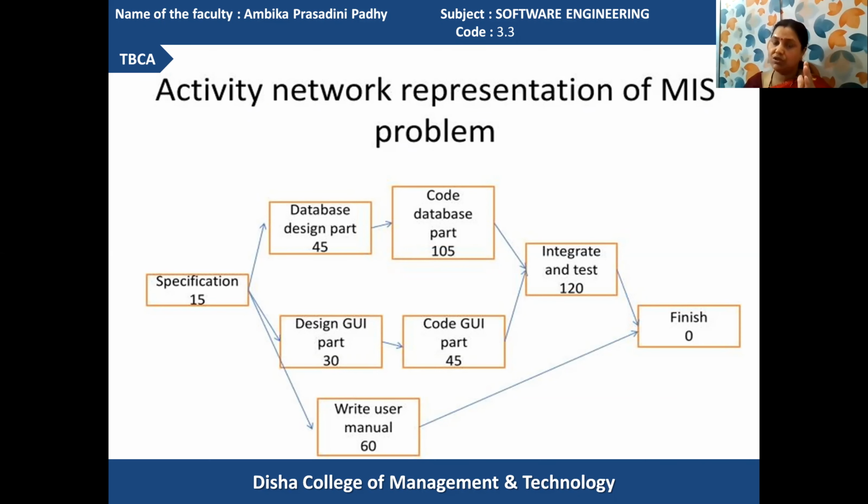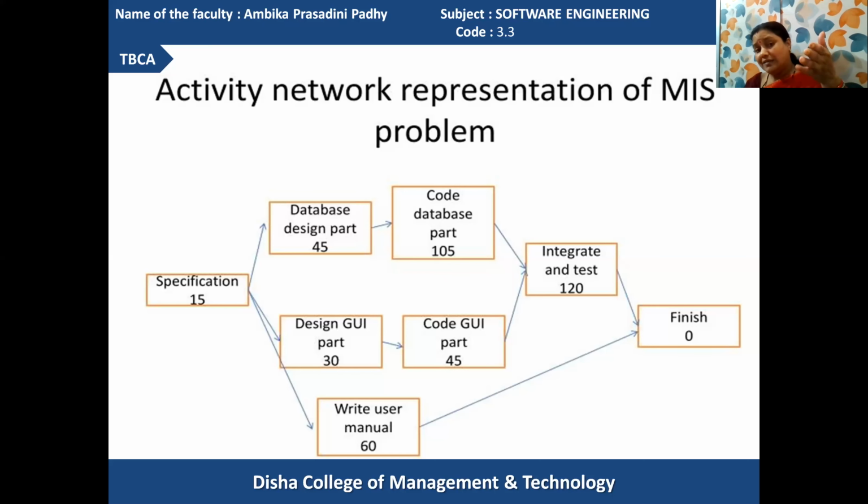At the same moment, the GUI designing requires 30 days, and the coding of GUI requires 45 days. And after these codings are over, then only we can go for integration testing. So the time required for 45 days and the time required for 105 days cannot be minimized to cover a critical path.